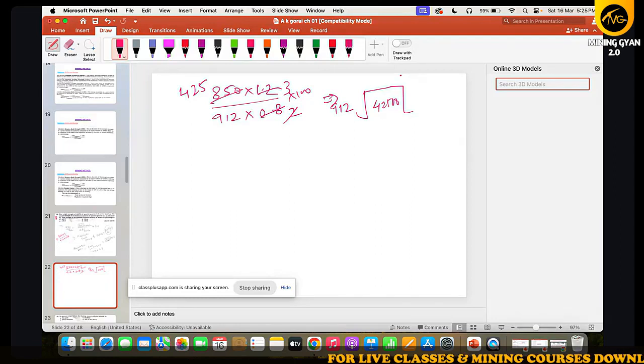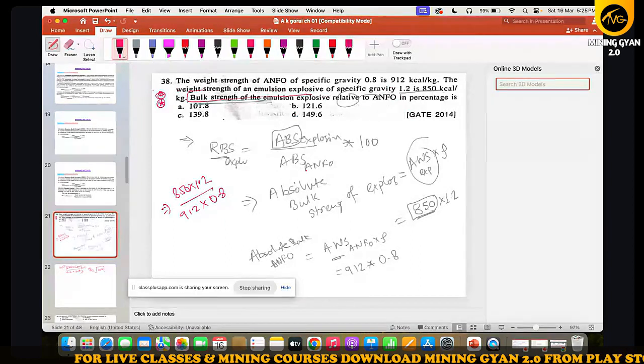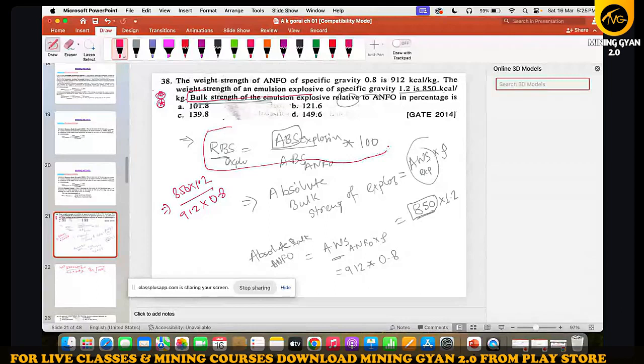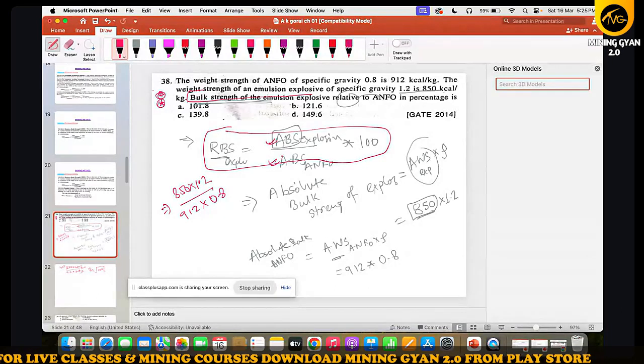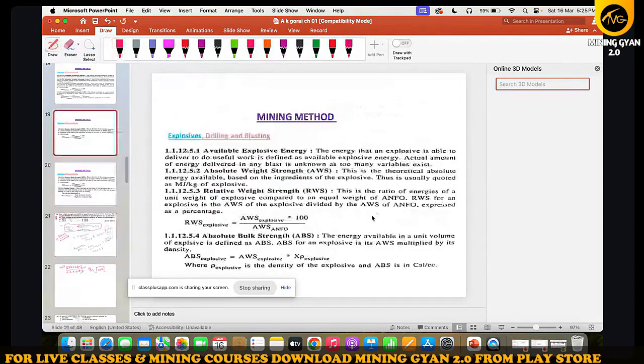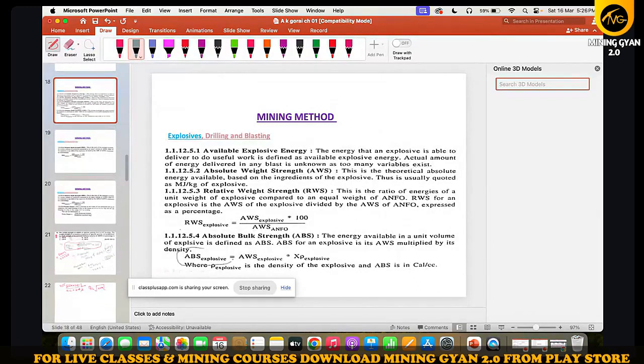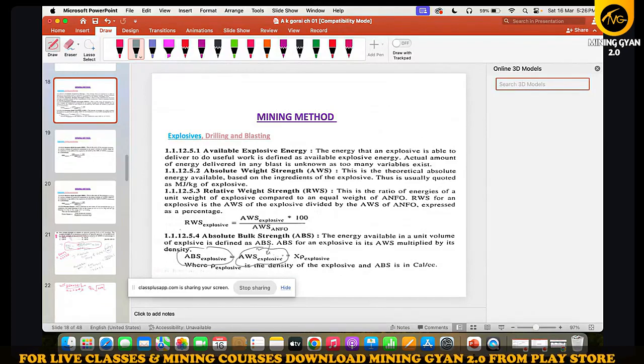Why we use specific relative when it is not in the formula? अरे भाई, what he has asked, इसने हमसे पूछा है बल्क स्ट्रेंथ, रिलेटिव बल्क स्ट्रेंथ। तो रिलेटिव बल्क स्ट्रेंथ का फॉर्मूला क्या होता है? ये होता है ABS/ABS। ठीक है। अब एज आई टोल्ड यू, ABS मतलब होता है एब्सोल्यूट बल्क स्ट्रेंथ। एब्सोल्यूट बल्क स्ट्रेंथ ऑफ एक्सप्लोजिव। तो ये होता है एब्सोल्यूट वेट स्ट्रेंथ इनटू एक्सप्लोजिव, मतलब डेंसिटी।